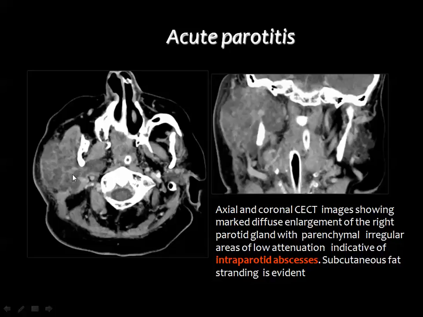All these loculi that are marginally enhancing of fluid density may represent the intraparotid abscesses. Also, you can see very well the stranding of the subcutaneous fat. And this process involves both the superficial lobe as well as the deep lobe. And this is clearly evident in the coronal plane. You see the superficial part is affected and the deep part, which is intimately related to the parapharyngeal fat, is